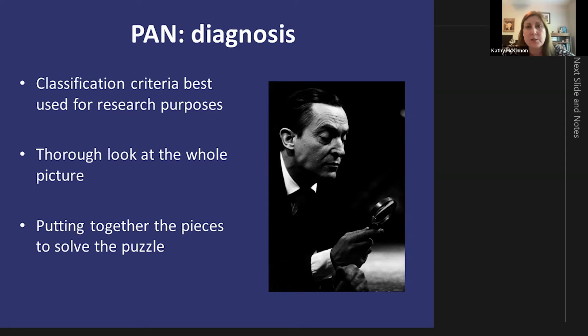It might present just with some fevers and joint pain, maybe presents with just high blood pressure. And really what happens is somebody who sees you has to put these pieces together to recognize PAN, which is frustrating, as many patients are sick for a period of months before they're diagnosed.